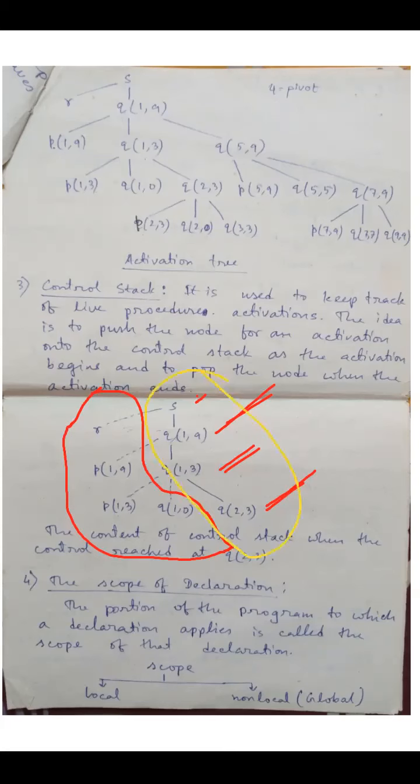This portion is already inside the stack. They are running. This type of stack is called the control stack. Control stack is a stack that is implemented at runtime to keep track of the activations. Activation means the running procedure, the running functions. So till now, is it clear to all of you? Any query, ask up to the control stack.